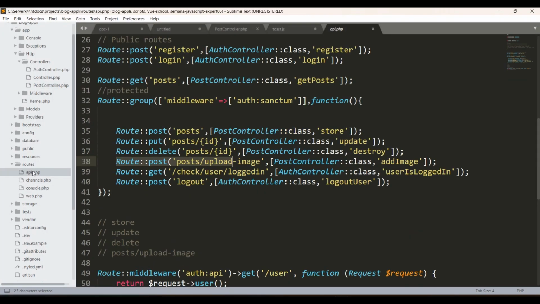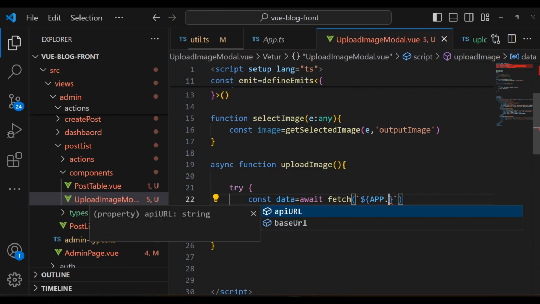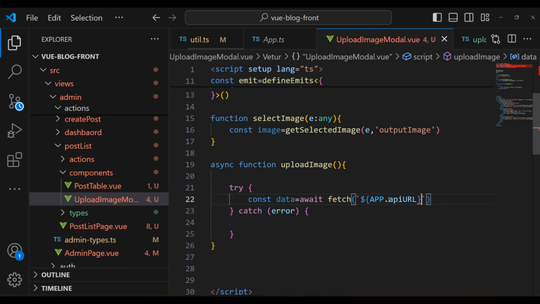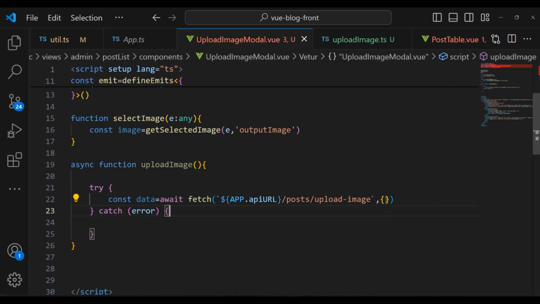Let me show you. Let us get into the API file, and we need to hit this endpoint post/upload image. That's the endpoint that we need to hit. Now here I'm going to pass this endpoint right here. I'm going to do base API URL and then slash. I'm going to pass there the endpoint, and then here I need to pass here options,